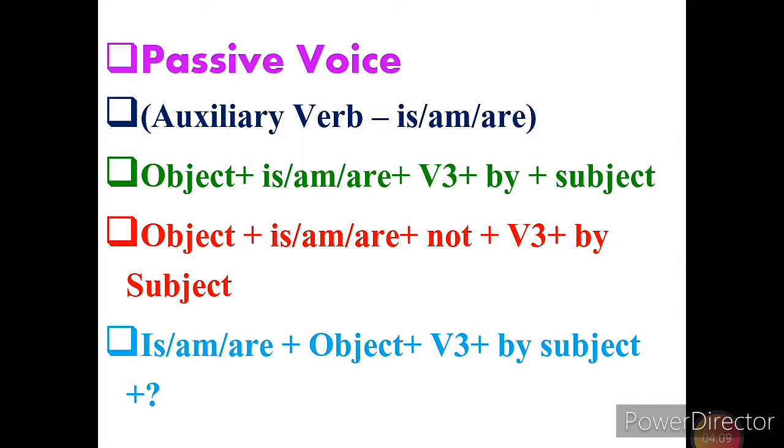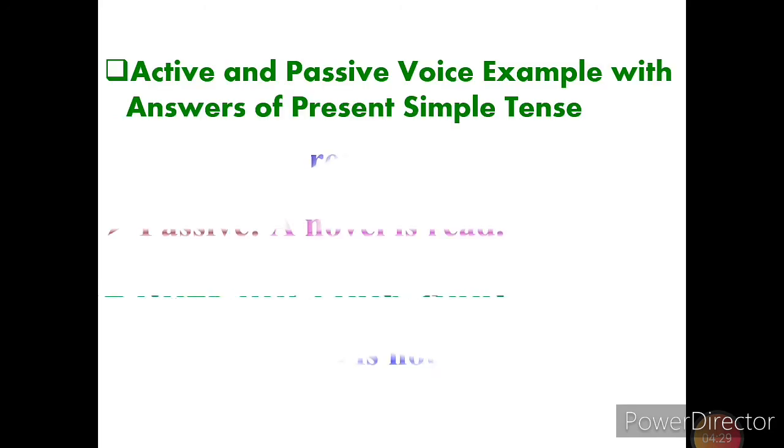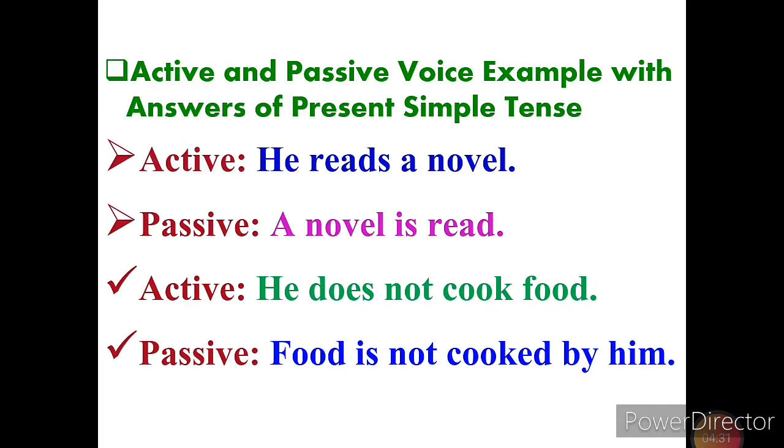So we have seen the previous slide. It is with the active voice structure. Now it is with the passive voice structure. Okay, the active voice structure should be changed into the passive voice structure in a sentence. Then automatically we get a sentence from active to passive. Now we can see examples here.